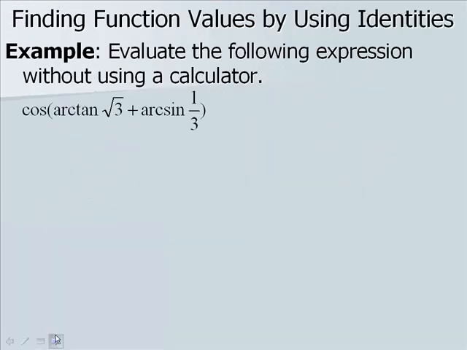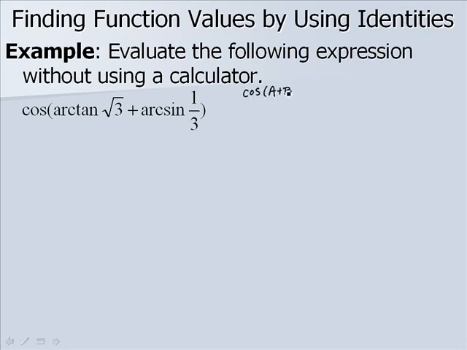Now let's find function values using identities. We want to evaluate the following expression without using a calculator. We want to take the cosine of the arctangent of square root of 3 plus the arcsine of 1/3. So this would be our sum identity. And remember, when we have the